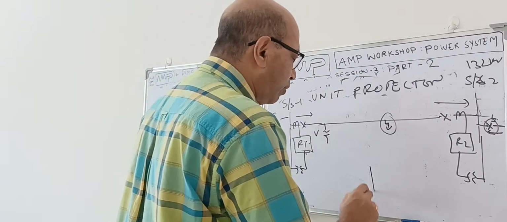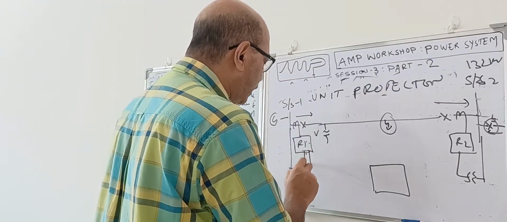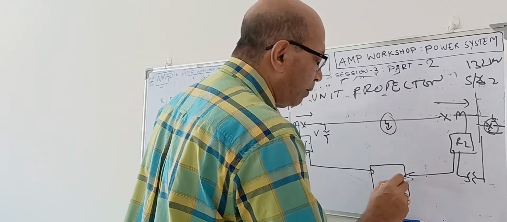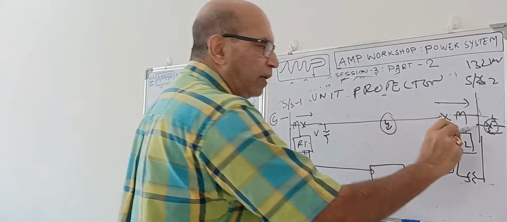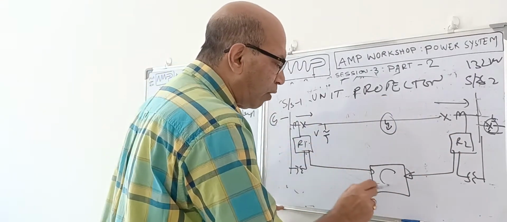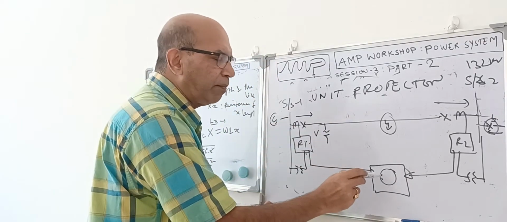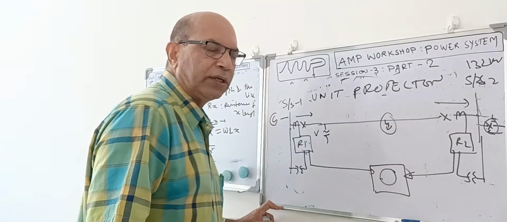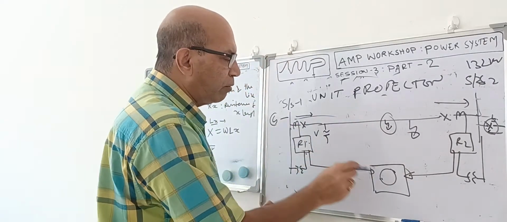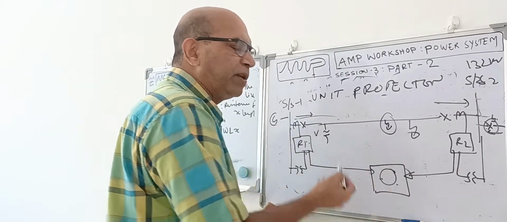At the same time, we can put some telemetering arrangement. This relay gives a signal to the telemetering equipment, and this relay also gives a signal to the telemetering equipment. If the fault is outside, both elements will see an equal amount of current, and that current is compared in the comparator. If the comparator sees both currents are identical, it will understand the fault is outside, so it will not operate. But if the fault is inside, only one current will be there and the other current is zero, and the comparator will understand. So it will work like a differential relay.